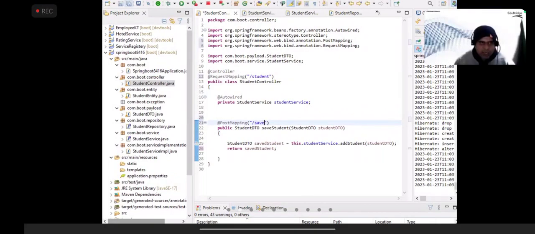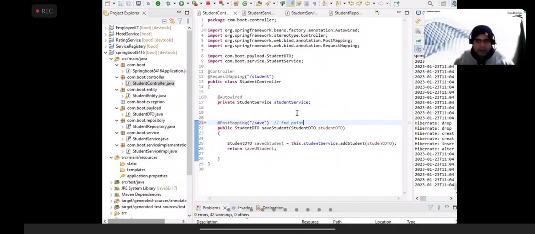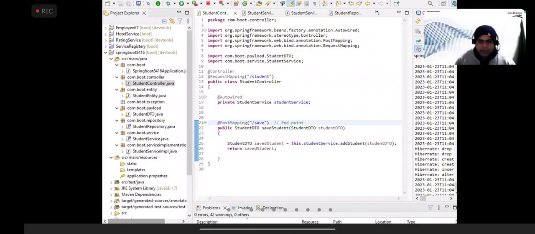So basically, what happened? This is called an endpoint. What do we call it technically? Endpoint. Okay. So my server is running on port number 8080. Another important thing, I need